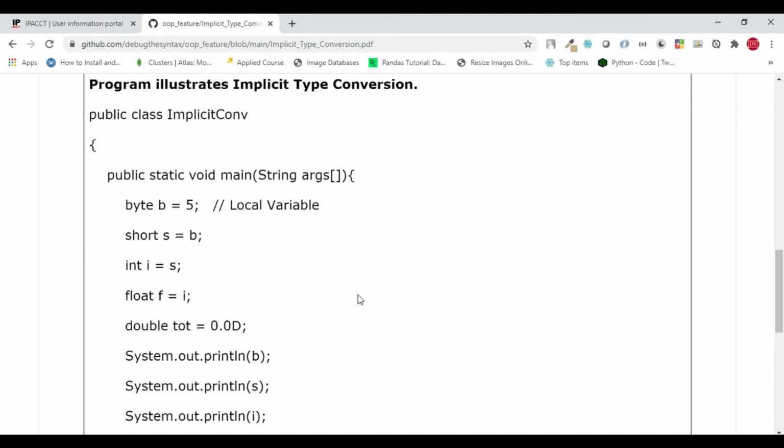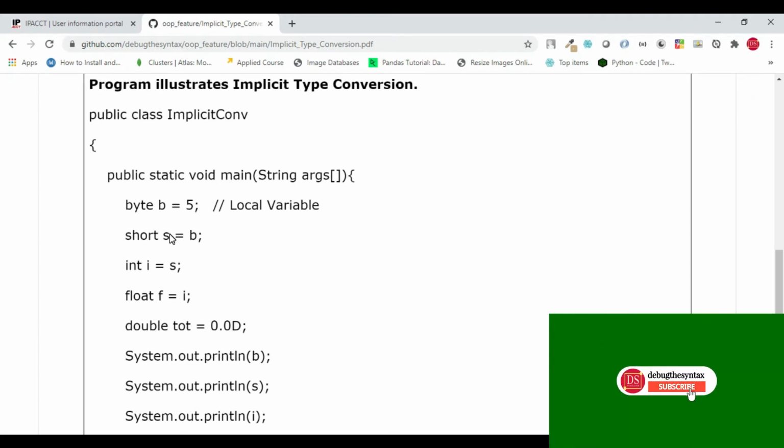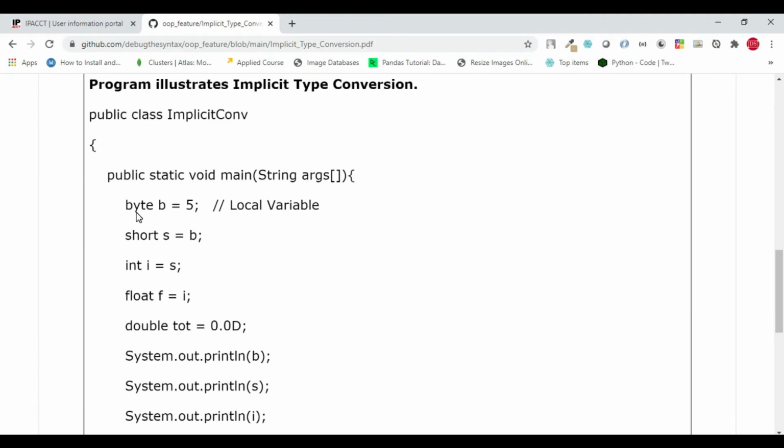To know more about data types, watch my data types in Java video, and you will very clearly understand that the data type byte holds only 1 byte, whereas the double is capable of holding 8 bytes. So just see 1 byte in comparison with 8 bytes. That's how big the difference is.